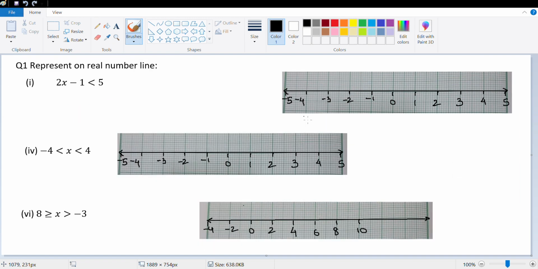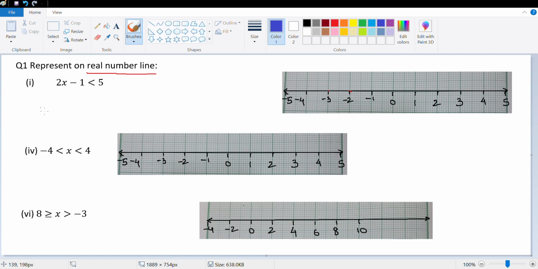So I am on question number 1, exercise 4b. It says represent the following inequalities on a real number line. What does a real number line mean? All number lines are real number lines because they include any number between -3 to -2. All numbers between -2 to -3 are included, which means -2.331, 3314, all those are included. So this is a real number line. You should not get confused when the question says plot them on a real number line. So the question is 2x minus 1 is less than 5.